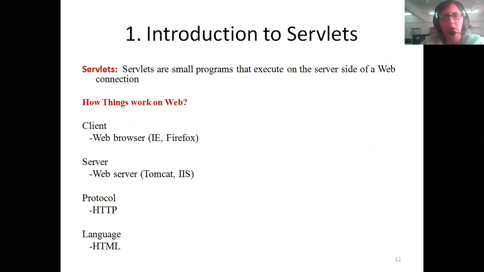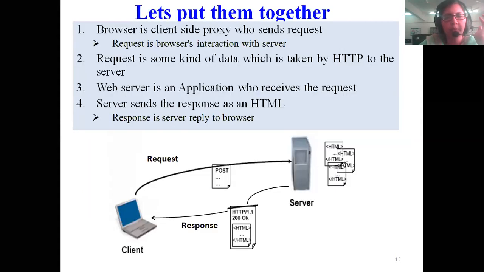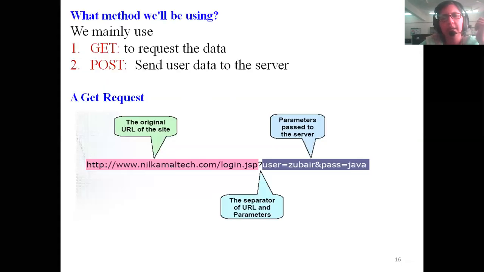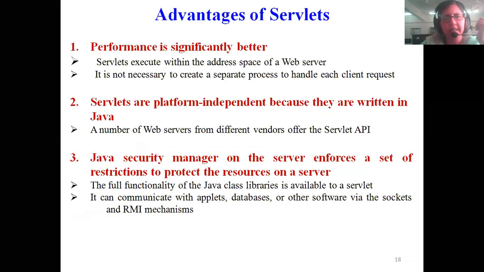Then we saw the introduction to servlets and the various things related to the HTTP protocol. The HTTP protocol works on the standard port number 8080, however you can use any other port number also. The two important methods used to support the transfer of data between the client and the server are the get method and the post method. The response can be an error or a correct message, which consists of the content type. We studied the difference between the get and the post method.